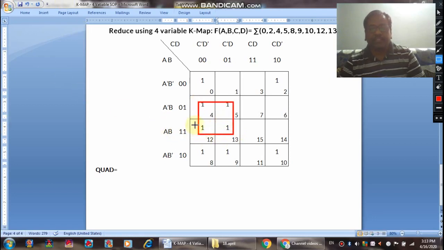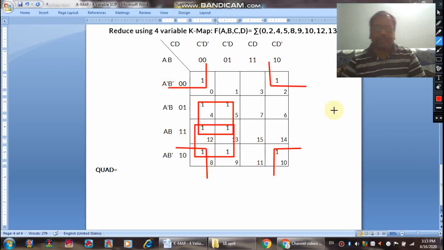The second group which is evident is this group, and the third group which is evident is by the help of a map rolling. Now in this case, if we would have created a group of this,